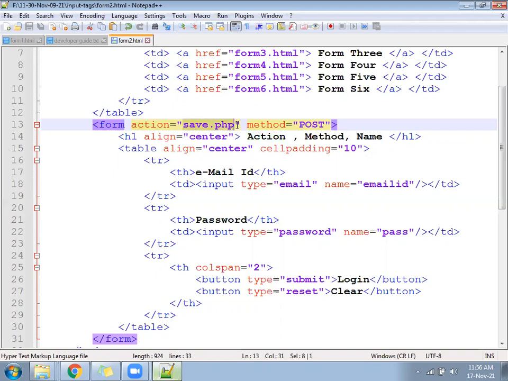So the backend file will check how many inputs are coming. The backend file will check there are two inputs. One input is email ID, another input is password. For the email ID, the backend will not look for the value. The backend will look for the variable. What is the variable? The variable is email ID and the variable is password. The backend language will capture only two things. The table tr, td, label will not go to the backend. Only two things will go. That is called variables: email ID and password.